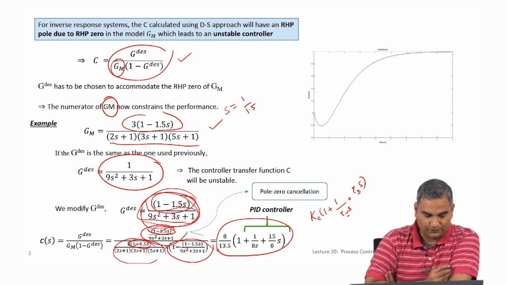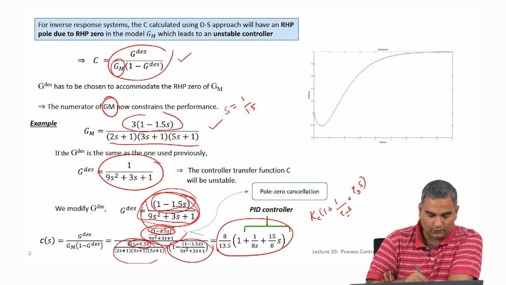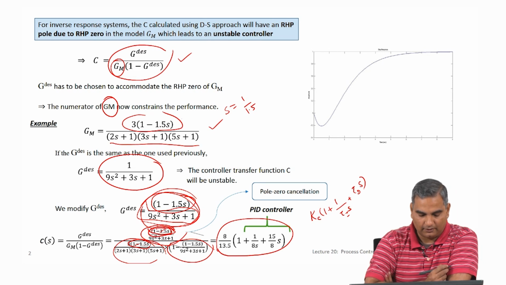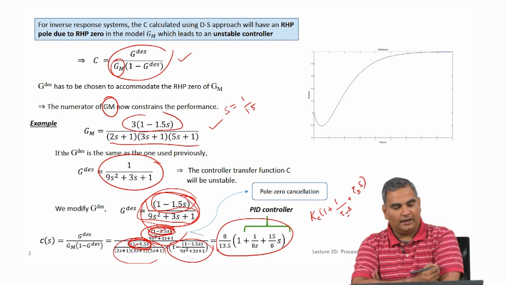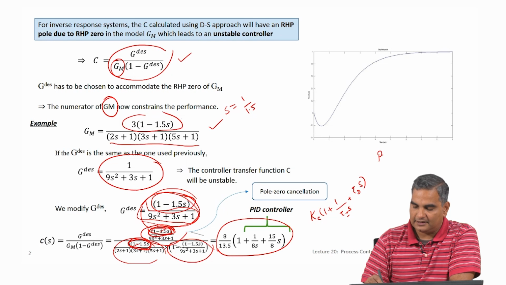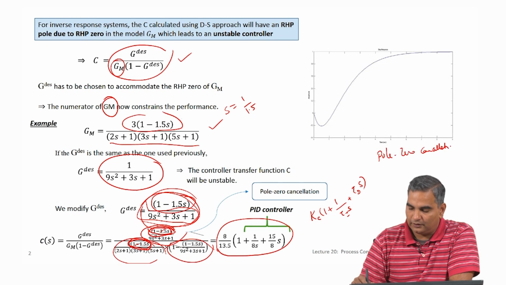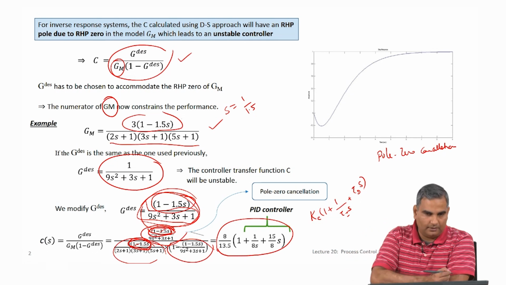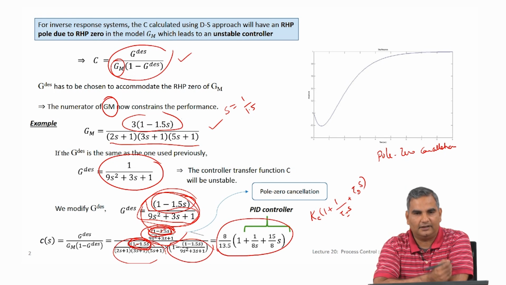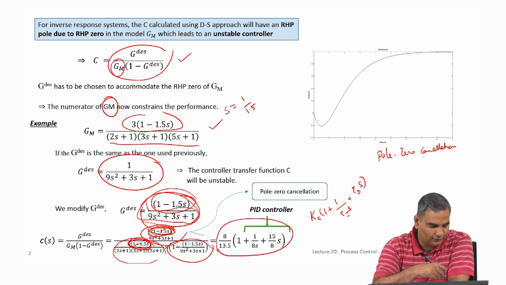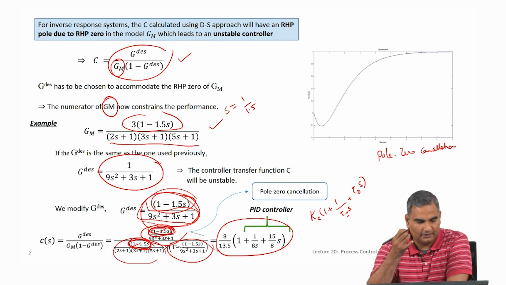Now, mathematically, another interesting thing that you should notice here is that if you look at the controller transfer function, I am cancelling a 0 of the controller transfer function, because this is in the numerator, with a pole of the same transfer function. So, if I look at the controller transfer function, I am doing what is called a pole 0 cancellation. Now, whenever people do this pole 0 cancellation, they always worry about this, because like I said before, if you get some stability using a pole 0 cancellation, and if the model is not a good representation of the process, and actually the 0 of the actual process is not the same as the model, then would this still work in real life, is always a worry that people have.